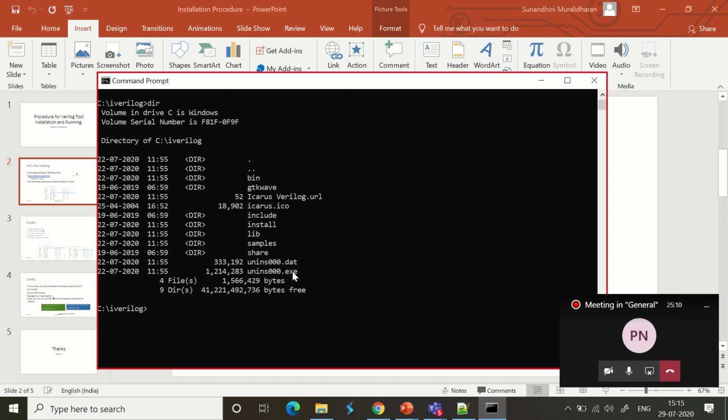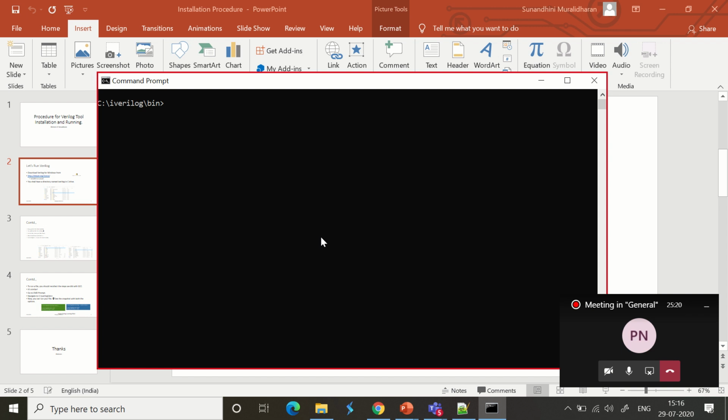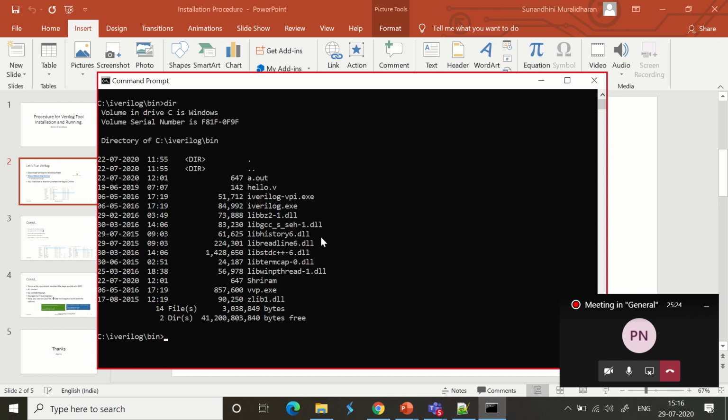And inside this you have something called bin. cd bin. So I am in bin, and cls is the command for clear. It is not clr or clear. It is cls here. Now inside that I type dir, and I will see that there is something called hello.v. This hello.v is the file that I am going to use for running and compiling the code. I mean the hello.v is the one that I am going to compile right now.